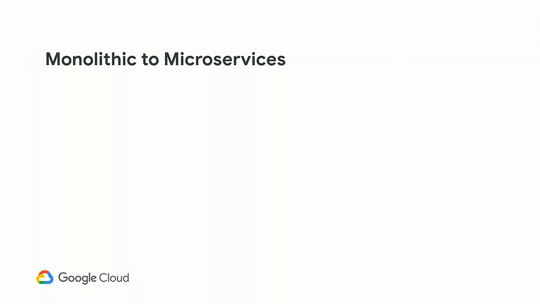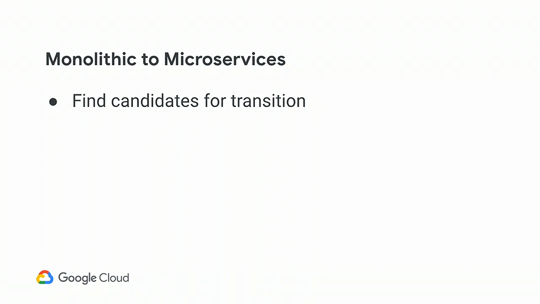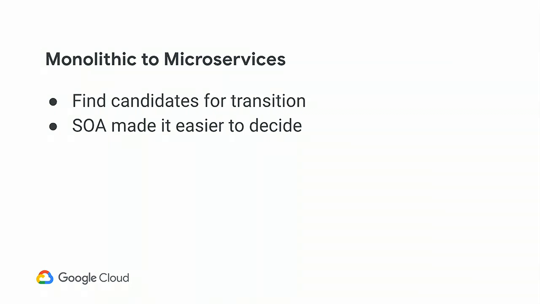First, when we were moving over, we said, hey, we have this monolithic application. What can we do to tease this apart, identify pieces that can independently scale, that we can independently attach cost to? So we spent a lot of time finding candidates for transition. SOA obviously made it a lot easier. Since we're already service-oriented, it made life a lot easier for us to identify the pieces that we could move over. We didn't want the lift and shift.